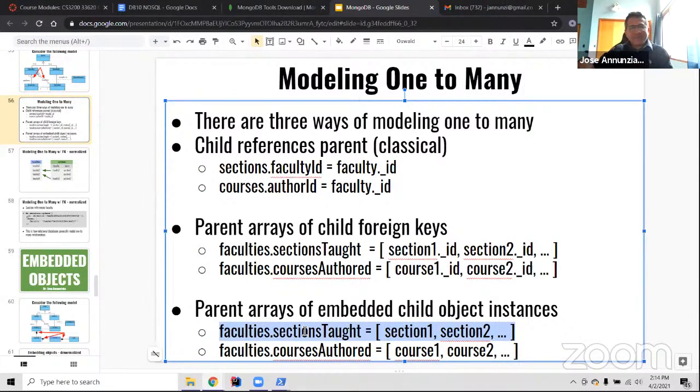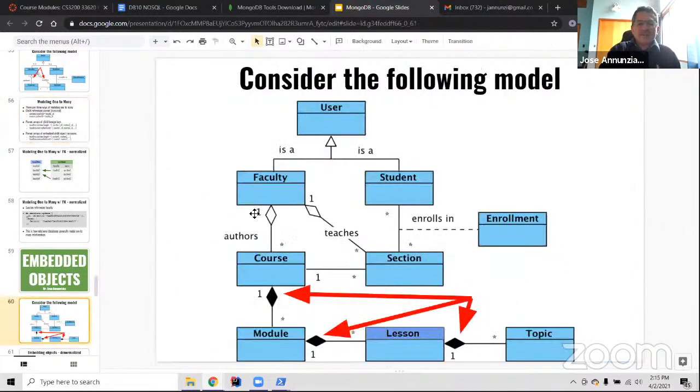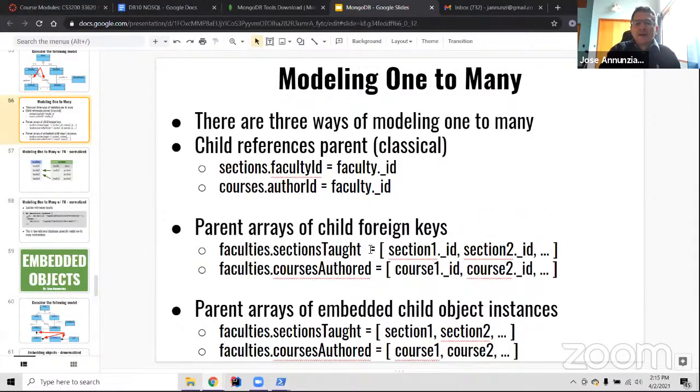Whereas in this implementation, you only have the references. That means that if the faculty is removed, that's fine. Only the references are removed, but the sections or the courses still exist on their own. Make sense? So if it's an aggregation like this, then the implementation typically would be an array